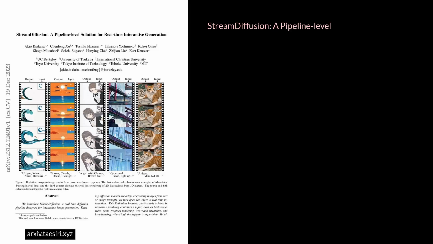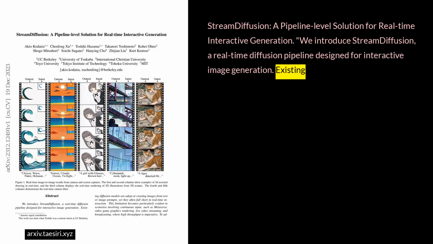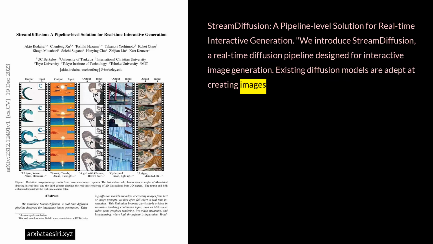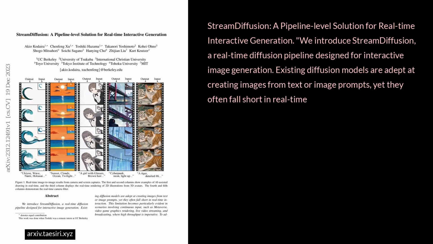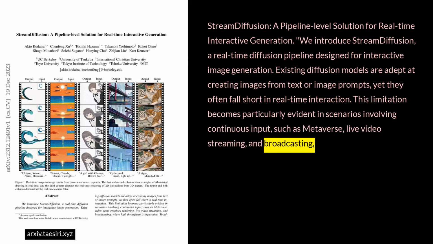StreamDiffusion, a pipeline-level solution for real-time interactive generation. We introduce StreamDiffusion, a real-time diffusion pipeline designed for interactive image generation. Existing diffusion models are adept at creating images from text or image prompts, yet they often fall short in real-time interaction. This limitation becomes particularly evident in scenarios involving continuous input, such as metaverse, live video streaming, and broadcasting, where